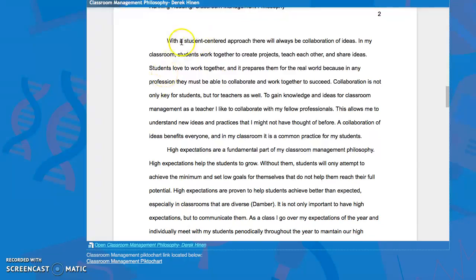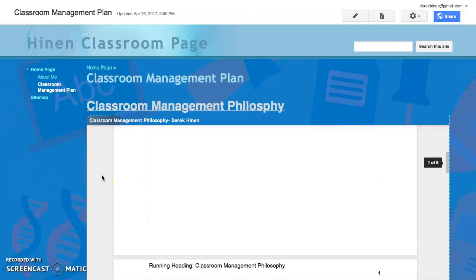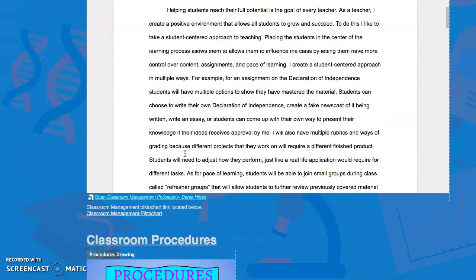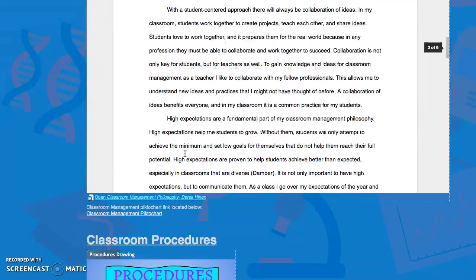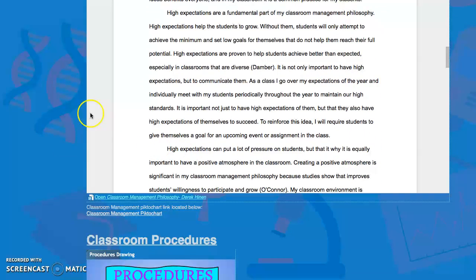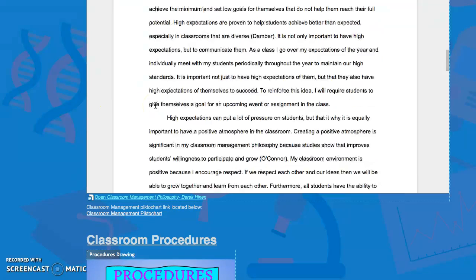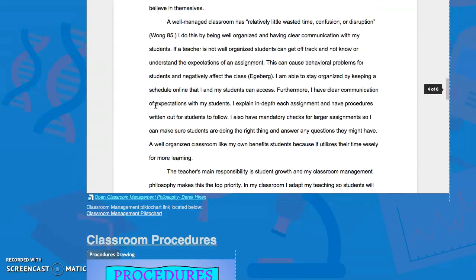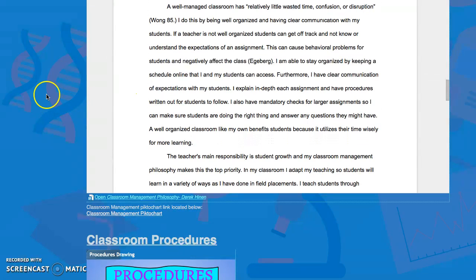I really want a student-centered classroom. So we'll try to focus on you guys as much as possible and try to help you guys reach your full potential in the class. Obviously I'm going to have some really high expectations for you guys, and I know you guys can exceed those expectations even. So we should have a really good year.